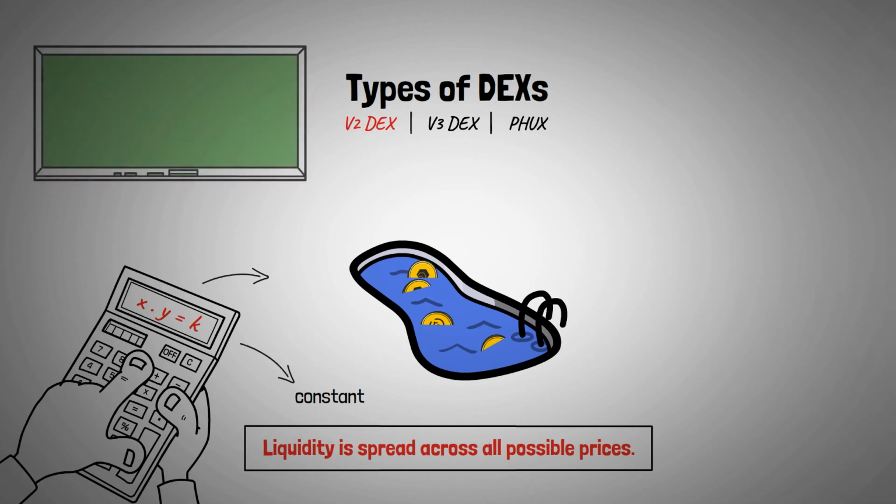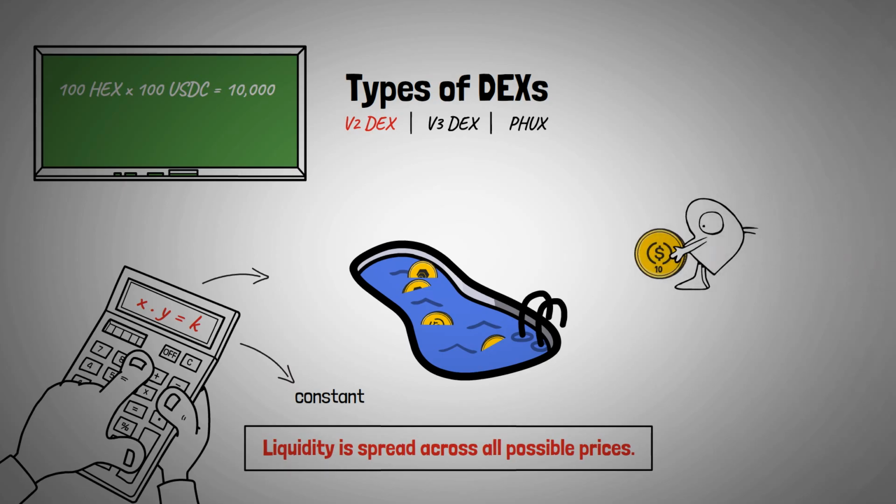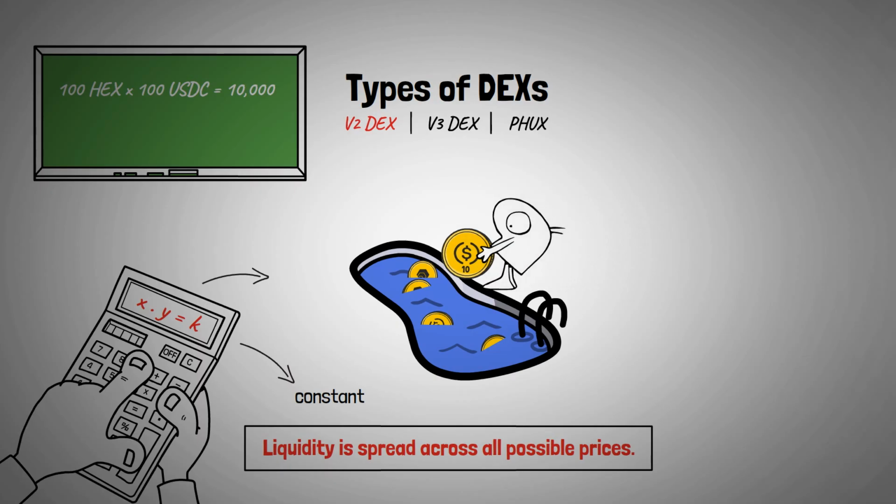For example, consider a pool with 100 HEX and 100 USDC tokens, resulting in K equaling 10,000. If someone buys HEX by adding 10 USDC to the pool, the USDC in the pool increases to 110. Using the formula, we calculate the new amount of HEX to be 91, resulting in a price increase for HEX